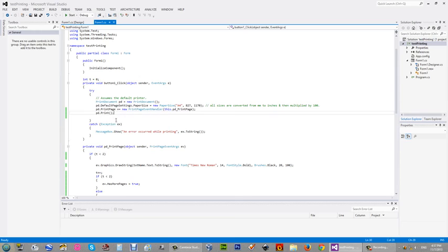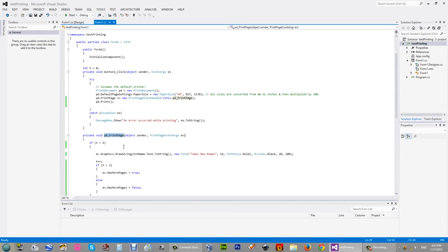Finally, in the fourth line, we are printing our document. This pd.Print is a method inside the PrintDocument class. When we invoke Print, the pd_PrintPage event is invoked and does its tasks.